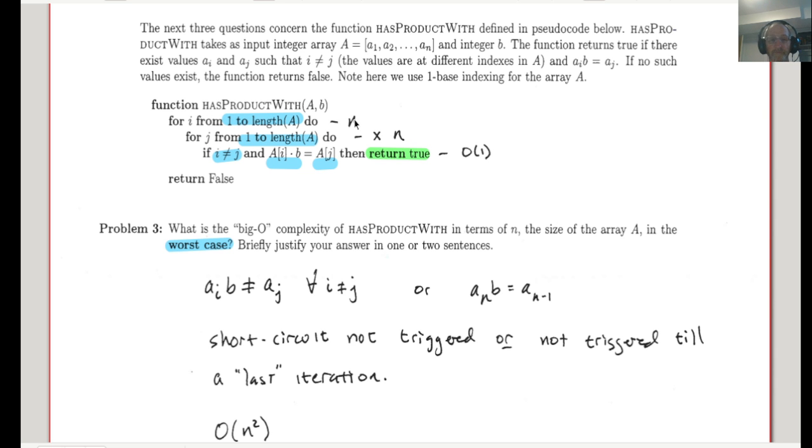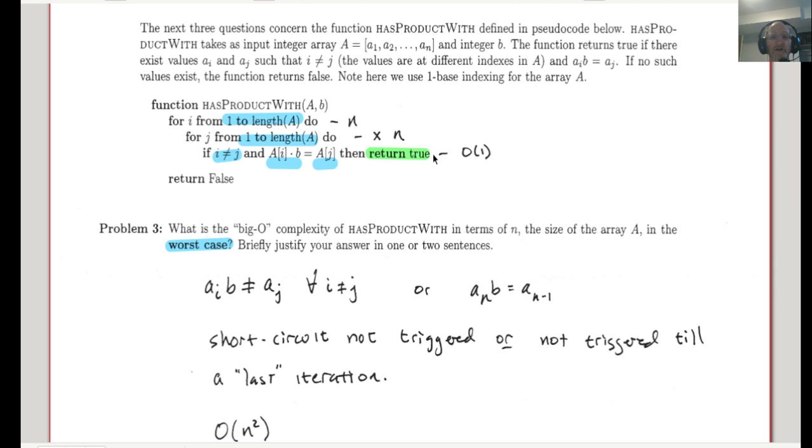So this is, on the face of it, a big O n squared algorithm, two nested loops from 1 to n, each of them. But this return true means that on some occasions we could escape this big O n squared algorithm very quickly. The worst case runtime for this algorithm means that we will be avoiding and never hitting this return true statement. So the type of data provided to this algorithm that would